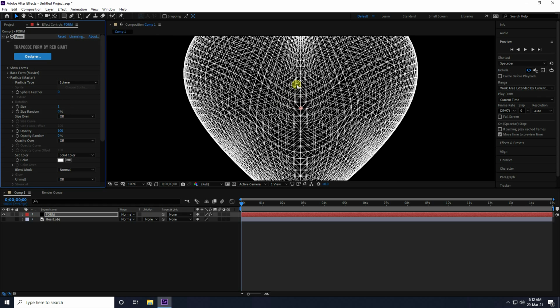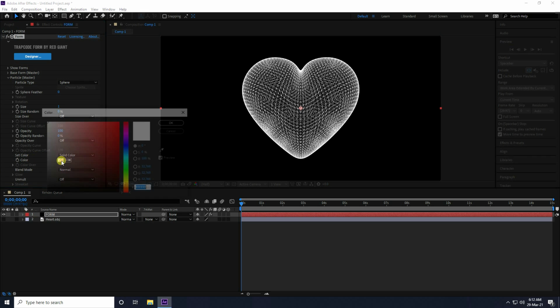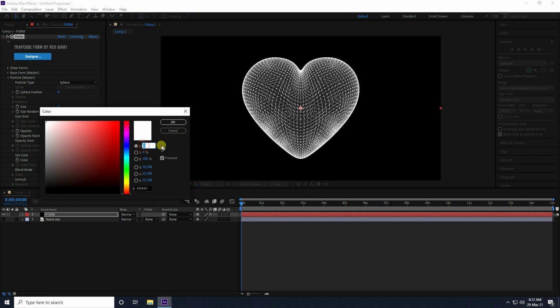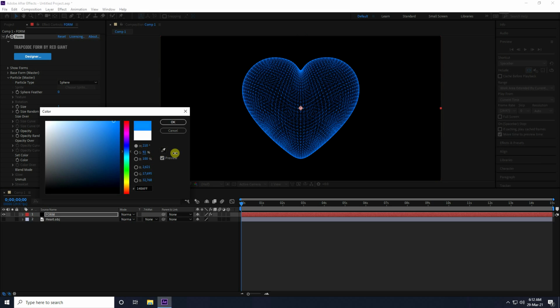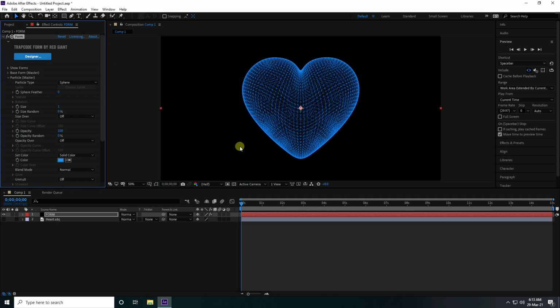Yes, see, right? Now go to Color, and I take blue color, a little bit dark, lighter. Yeah, see. Okay, that's my simple shape.